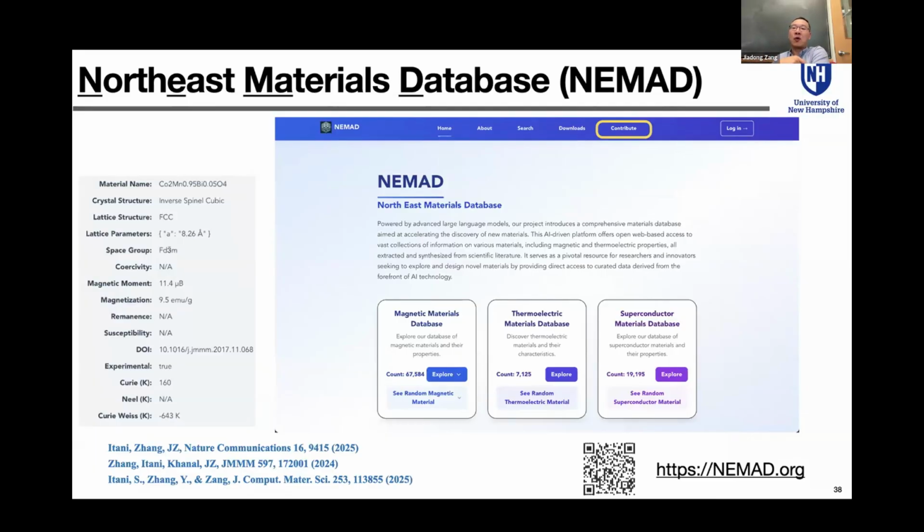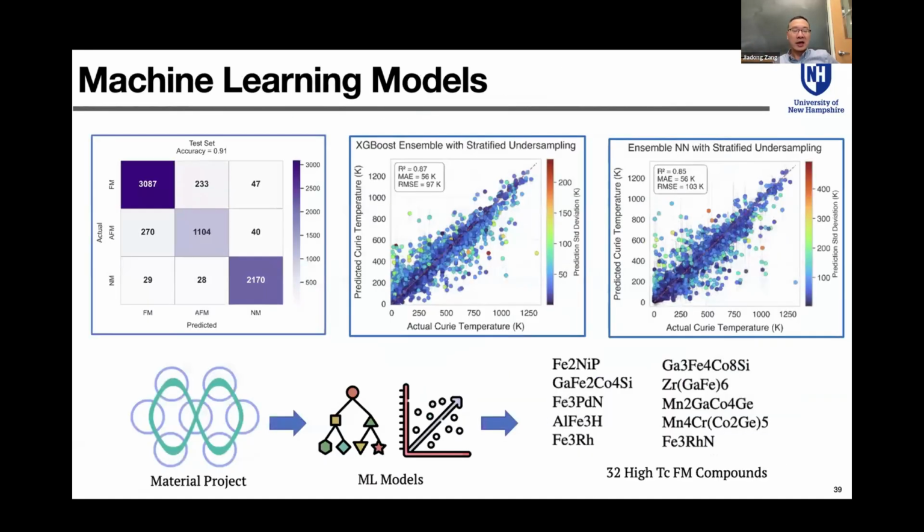And we also want the whole community to contribute to this database. So there's a button here, contribute. You can just upload your paper or any experimental notebook here. And the data will be collected in our database and open to the whole public. And your contribution will also be acknowledged. Okay. So yeah, with this database, we can also train some simple machine learning models and predict